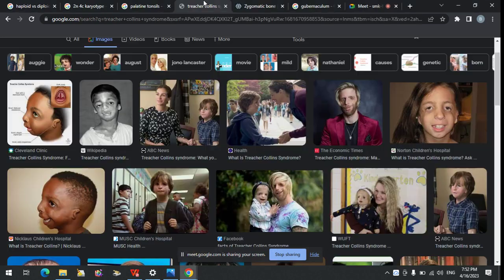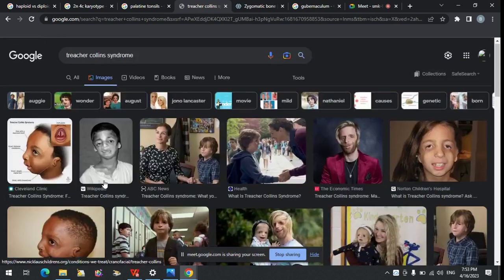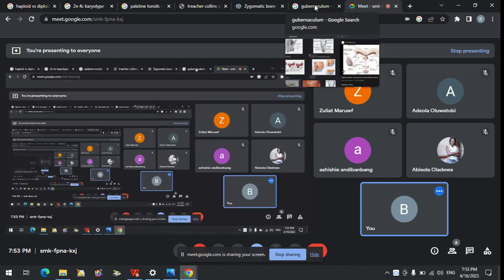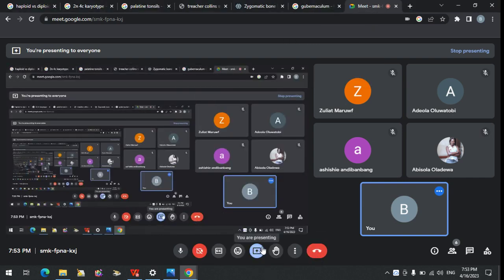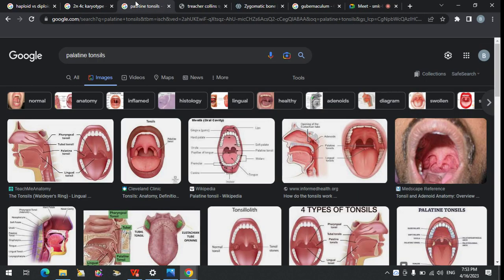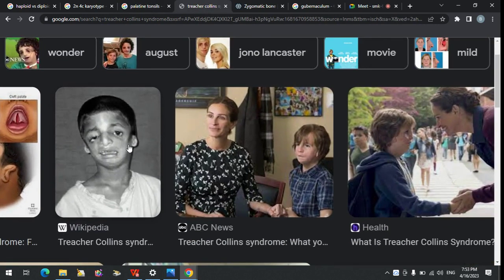So I'm just trying to show us how the Treacher Collins look like. So this is it. So they have problem with the formation of the cheek. I'm trying to look for one that is very clear. So like this guy now. Hello, are you guys still there? Yes. Okay. So this one is not too very clear, but you can see that the ears are very